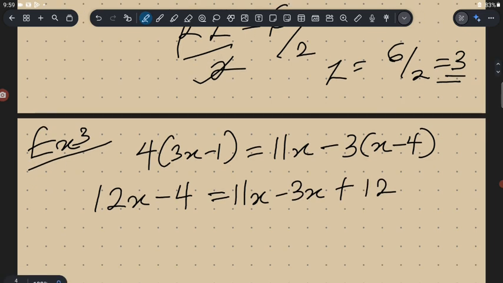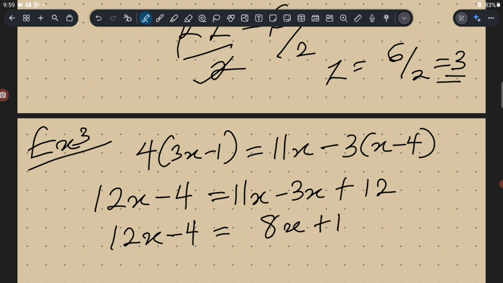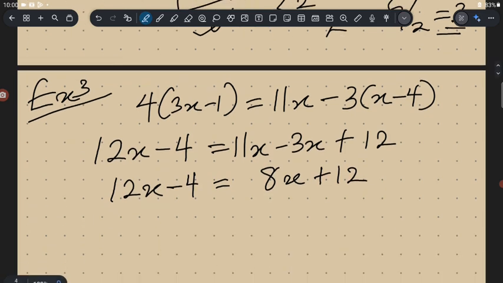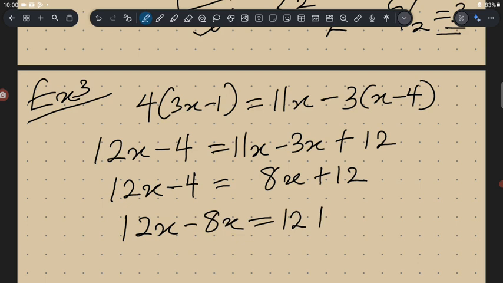So in view of this, the right side, let's rearrange the right side very well to have 8x plus 12. Now, a proper way of collecting the like terms, we now say that 12x minus 8x gives us 12 plus